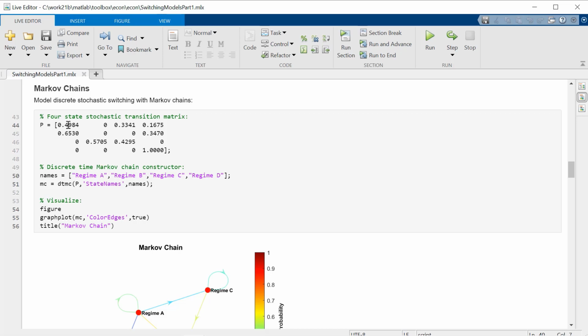So it has about a 50% stickiness of staying in that state from one step to the next. It has a 0 probability of transitioning from state 1 to state 2, so that's an impossible transition. It has about a 33% transition probability going from state 1 to state 3, and then about a 17% probability of going from state 1 to state 4, and then etc.